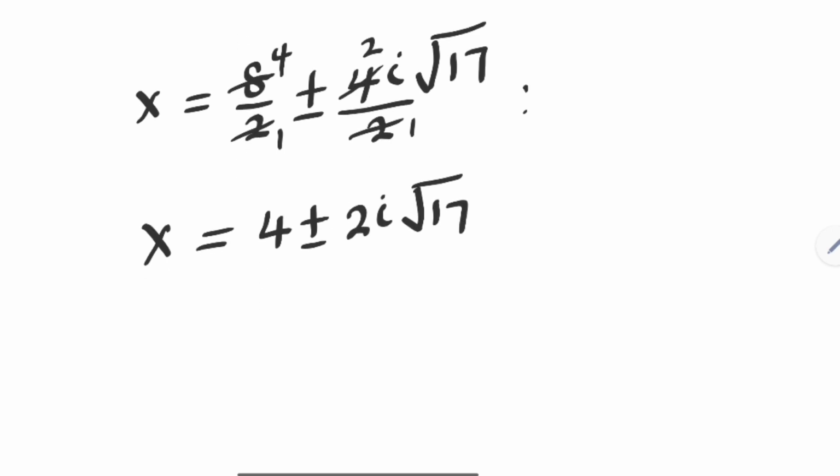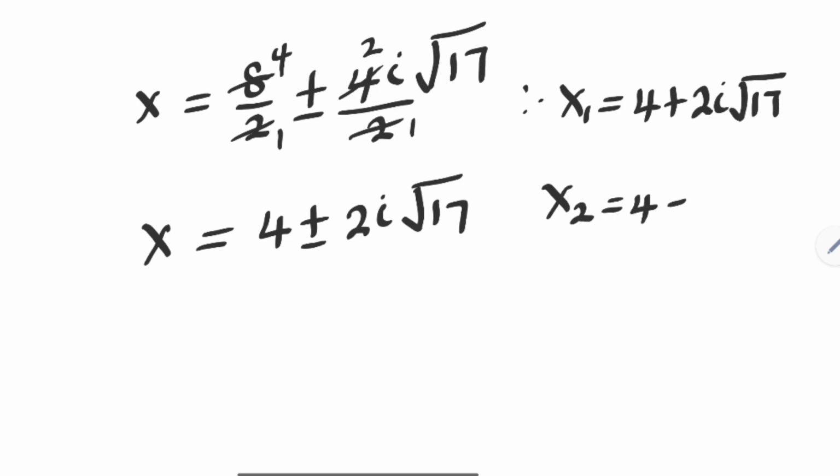Therefore, x1 is equal to 4 plus 2i square root of 17. x2 is equal to 4 minus 2i square root of 17. These are the values of x. We've gotten the values of x. Let us solve for y. To solve for y,